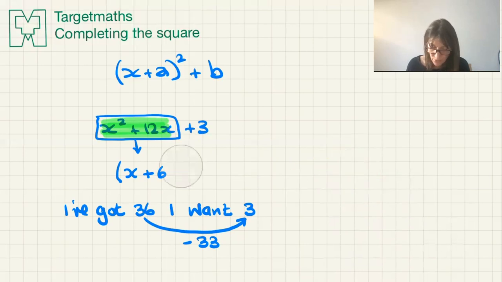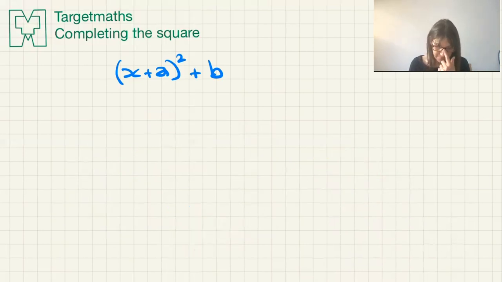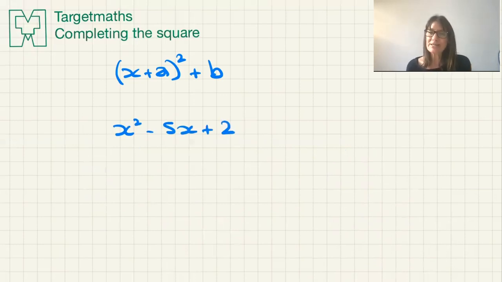I'm going to do one more, just one that's slightly harder, so that you get to see it a second time. So we've got x squared minus 5x plus 2. Hopefully you can already see why this one is going to be harder. It's going to be harder because we are going to be working with a fraction. So when I work on this bit here,